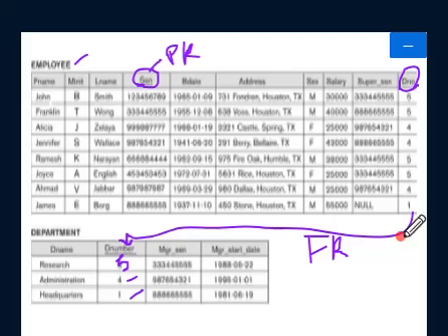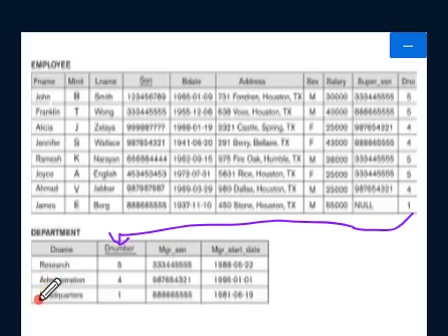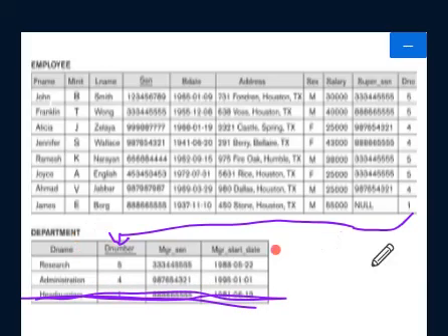I'll show you this example. Here, as I told, the department number attribute of employee will be referring to the department number of the department. Suppose I try to delete this. The DBMS should not allow us to delete this headquarters department from the department table. Why? Because there are some tuples in the employee table, which is the child of the department, referring to this value. Yes or no?